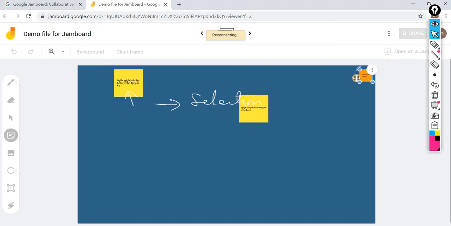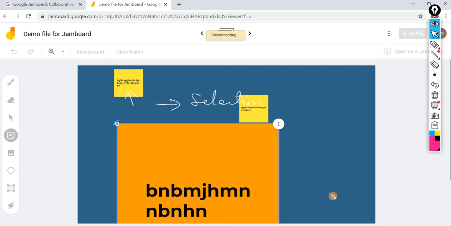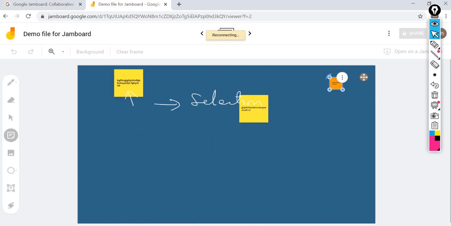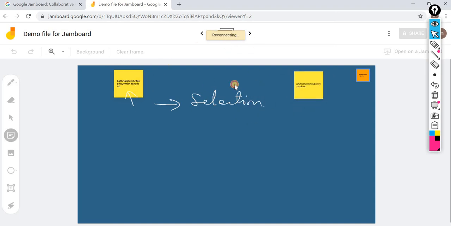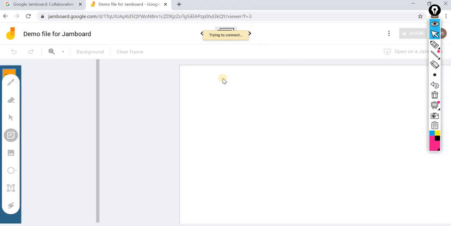Now the thing is that you can move it to any place, and if it is written in this font size, nobody will understand what is written here. You expand it to show what it is, and then you can place it back in the corner. So some important points you can place in the corner like this. Because of the connection problem, it is there. Let us go to the next slide.